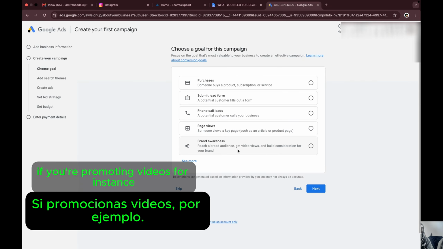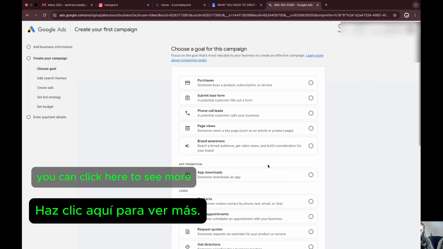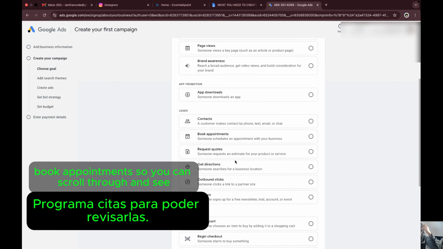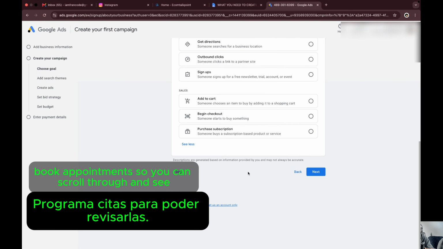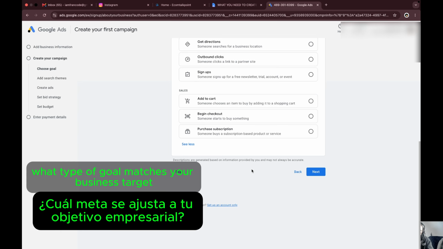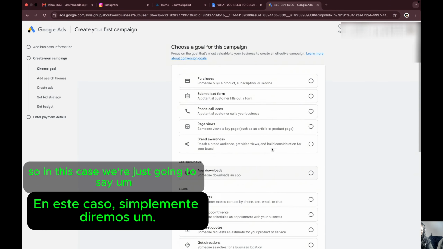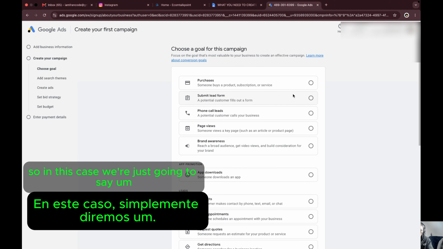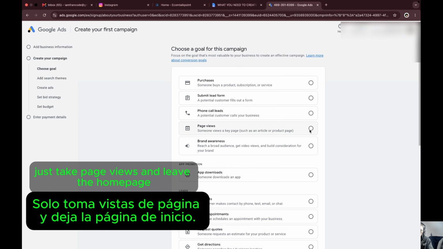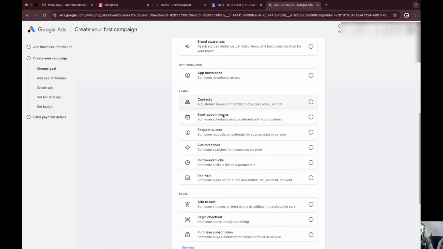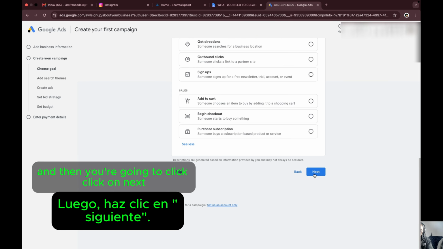If you're promoting videos, for instance, you can click here to see more. You have app downloads, contacts, book appointments, so you can scroll through and see what type of goal matches your business target. Then you select it and move to the next. So in this case, we're just going to just take page views and leave the home page, and then we're going to click on next